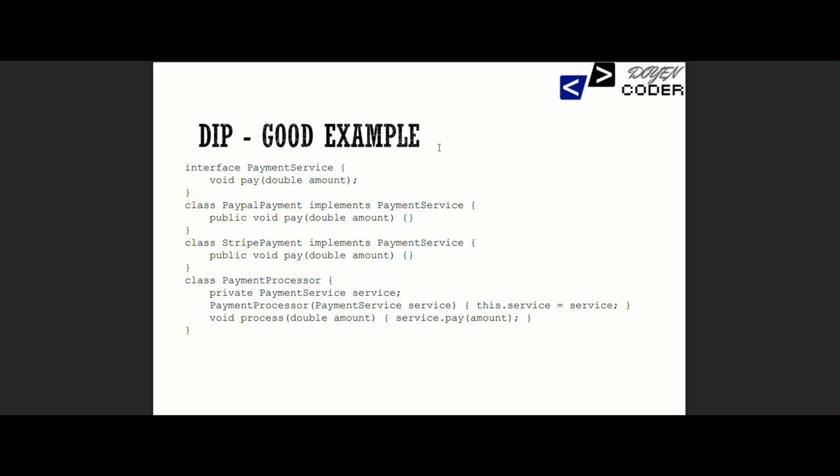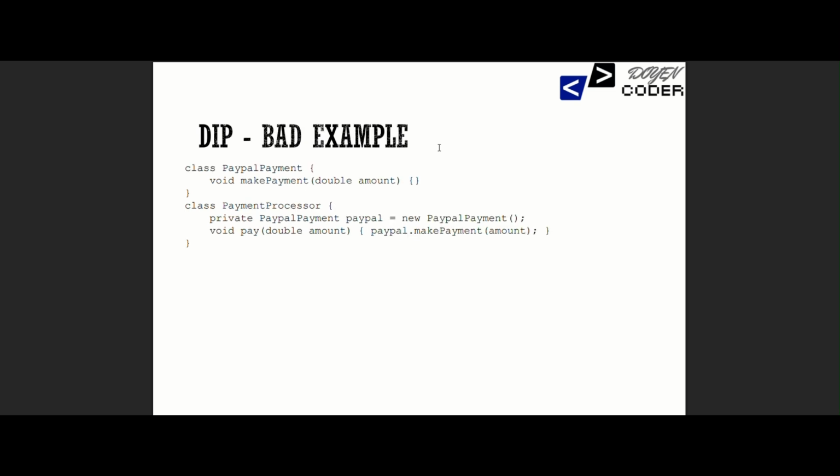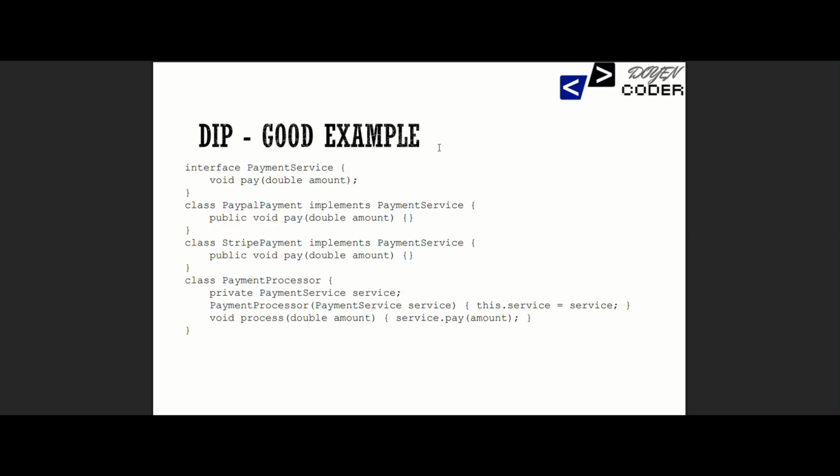Why are you using this? First, just understand why you are using the dependency inversion principle. Just think, if I want to implement some other payment gateway, what would I have to do? I would have to write another logic for that. Rather than this, I have created an interface PaymentService having a pay method. I have created two different payment gateways, PayPal and Stripe, and in my payment processor,